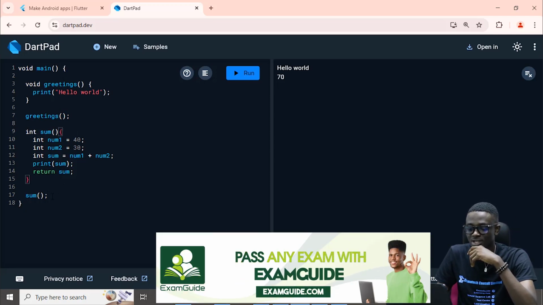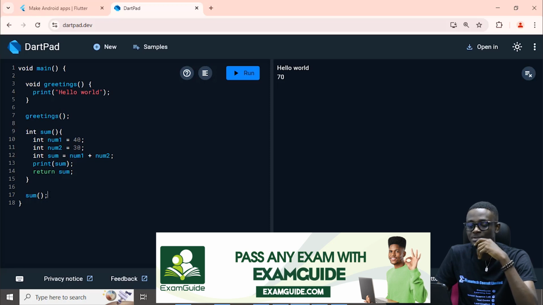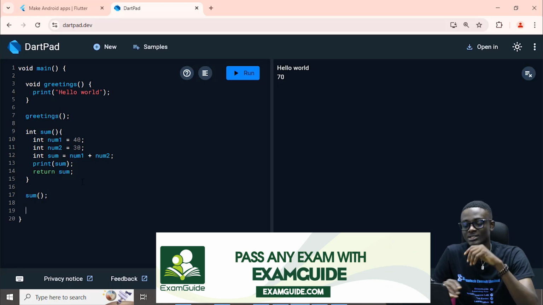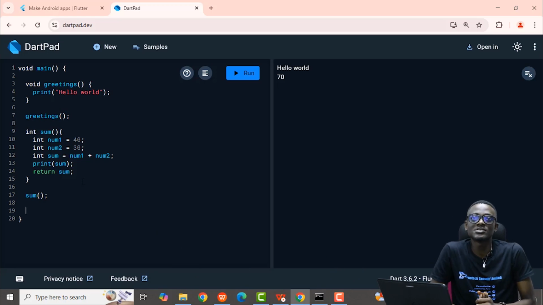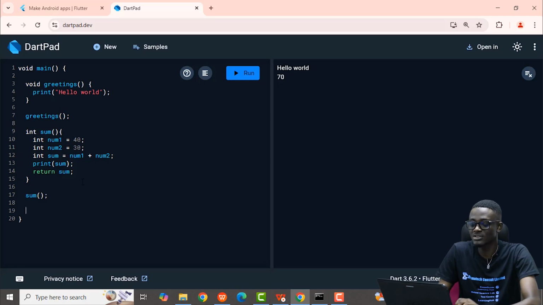Now, let's move back to this function called greetings. There's another concept that is called parameters. Functions accept parameters. Now, what are parameters? If you see a function as a pipeline, basically inside that pipeline lots of processing goes on, lots of code goes on. These functions can also accept data when they are being called. What do I mean? I could decide to create a function that will greet me, and for it to greet me,